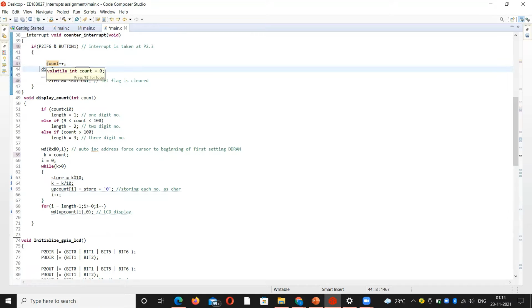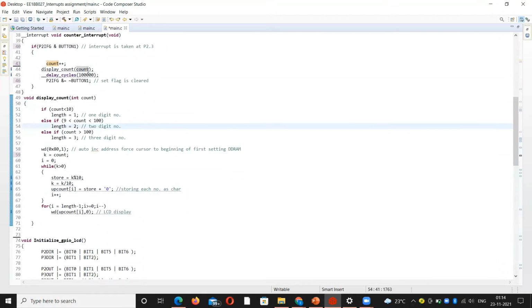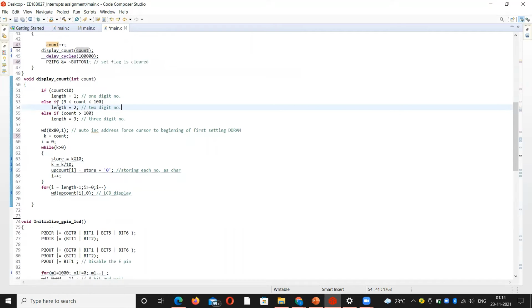Whenever we press the push button, the interrupt happens, the count will increase, and we pass that count to this display count function, which is the main function we define here. Whenever the count happens, that count will go to this function.